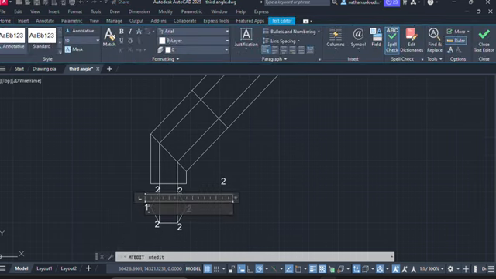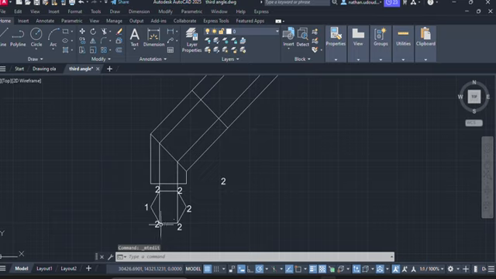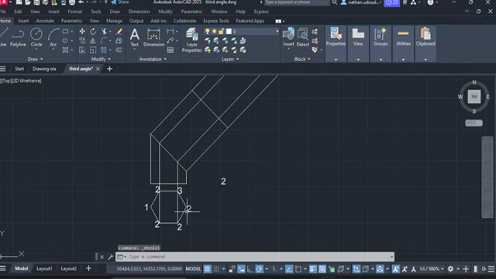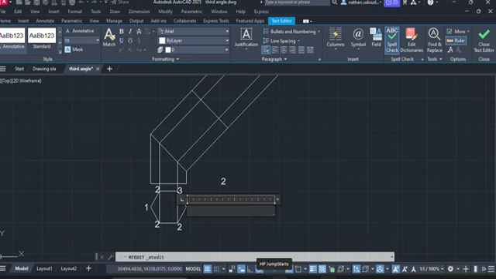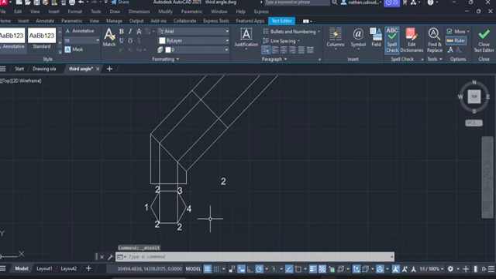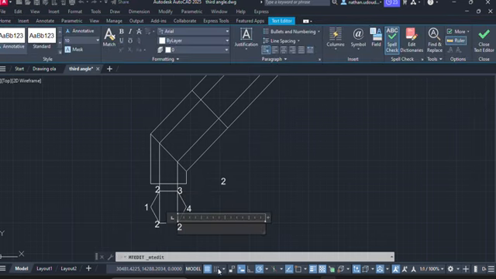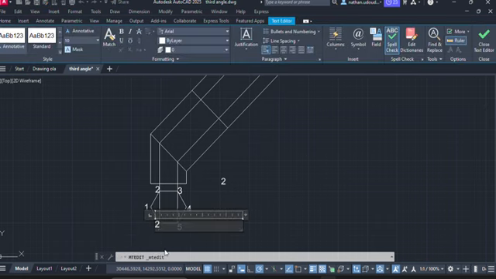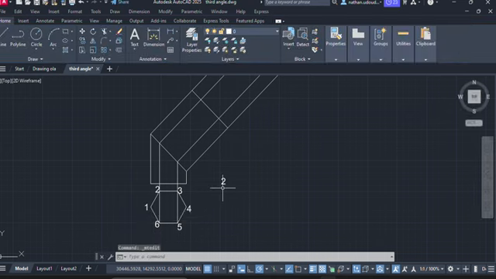So this is your 1, and then you close. Now this is your 2, this is 3, this is 3, and then you close. This is 4, and then you close. This is 5, and then you close. Well, this is 6. So now